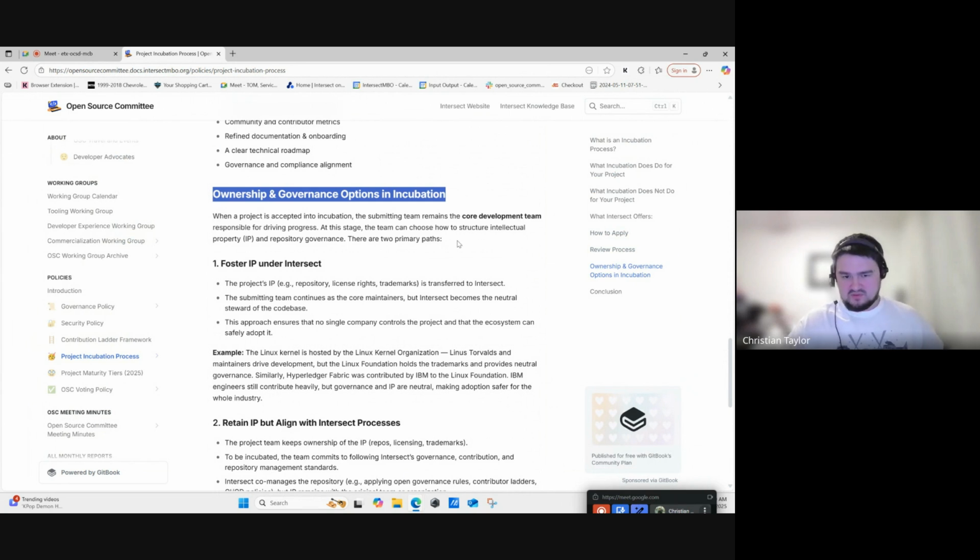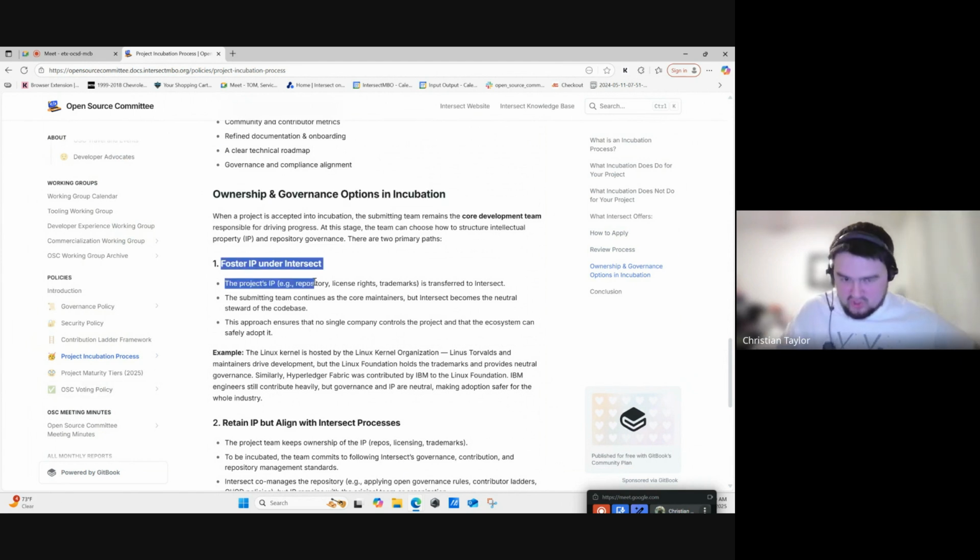But when you come to Intersect, like I mentioned earlier, there's two options, which is you can foster the IP under Intersect. This would be similar to the Linux Foundation, where you surrender your project's IP and trademark. They'll help cascade it. And essentially, the submitting team continues as the core maintainers. We'll set up a team structure for you, but we are neutral stewards of the code base and just make sure that no single company controls the project and the ecosystem can safely adopt it.